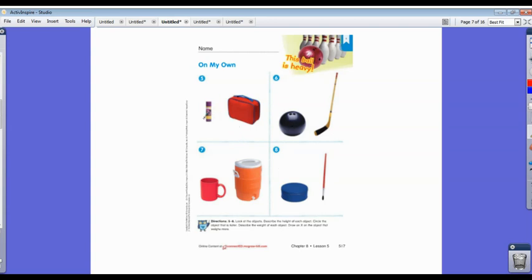All right, I have a glue stick and I have a lunchbox. Of course, a small little glue stick is not taller than a lunchbox. So we're going to circle the lunchbox, and we're going to draw an X on the object that weighs more, and that's going to be the